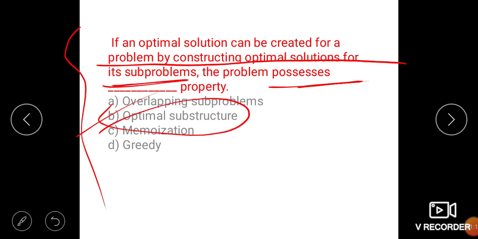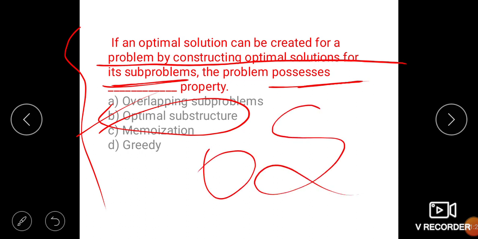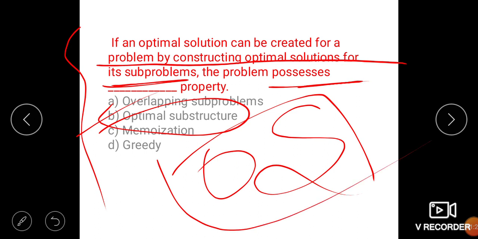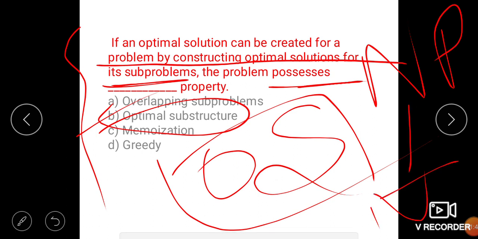Optimal substructure is the property in which an optimal solution is found for a problem by constructing optimal solutions for its subproblems, by using subproblems. So this question is asked from NP and NP complete, in that chapter dynamic programming, this is part of dynamic programming.